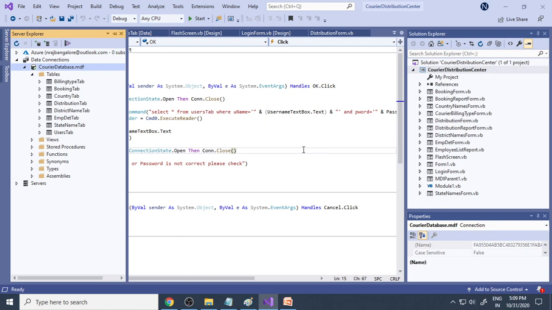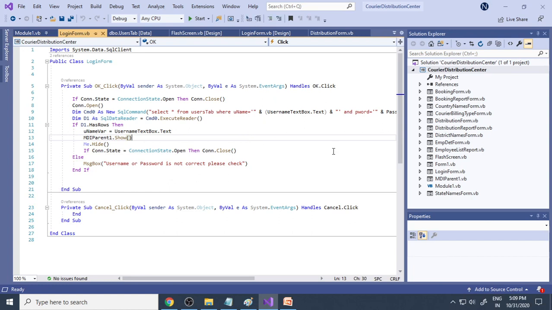We also have different videos to show you how to create the database and database tables. Watch that video and then learn how to create the tables. We already have a video to create a login form, so watch that video also. Therefore, we can see how to create a new project and how to write the code for the login form. All that is explained in different videos.